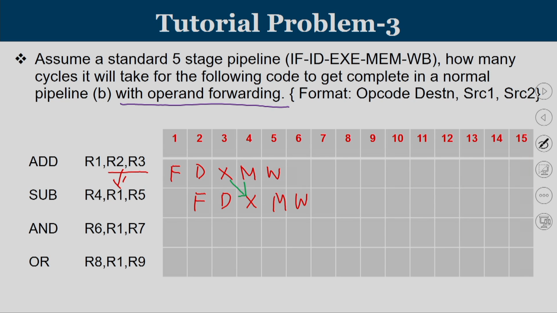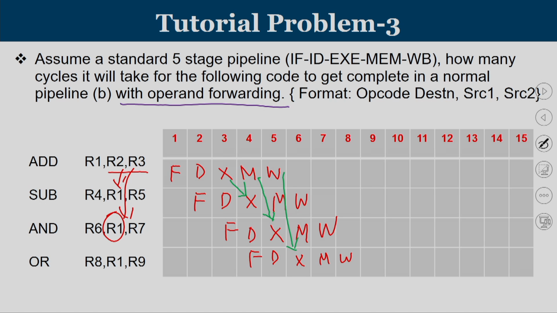Now, when you go to the next instruction, it is fetch, decode and execute. This wants the same R1 data, and that R1 data is to be forwarded, but this time the forwarding happens from the mem stage. This is how the data will reach the execution stage. And if you go to the last instruction, it is fetch, decode, execute, mem and write back. Here also the value is copied into the ALU. So, we have 3 operand forwardings.